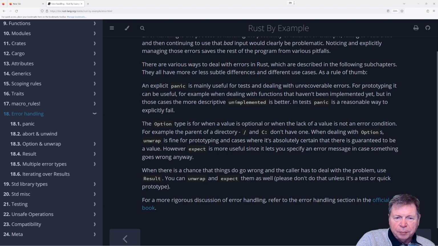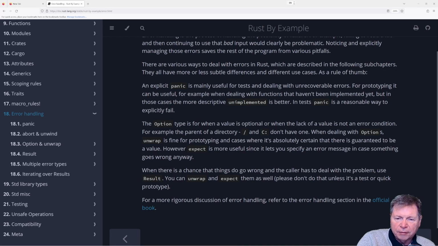An explicit panic is mainly useful for tests and dealing with unrecoverable errors, whatever those might be. For prototyping it can be useful, sure, but in cases where descriptive unimplemented is better. In tests, panic is a reasonable way to explicitly fail.